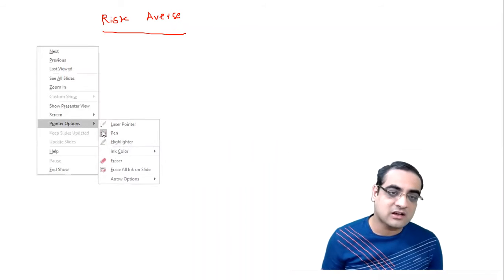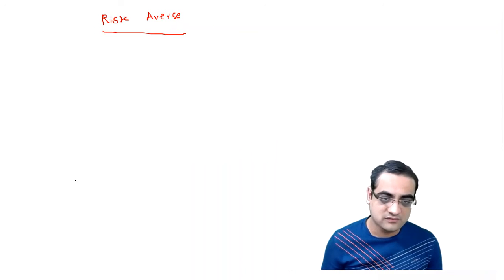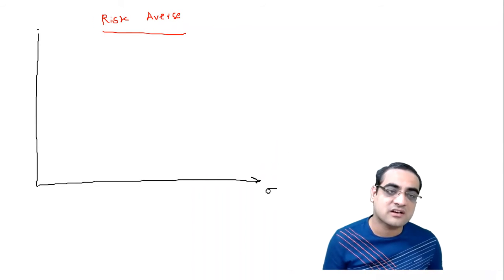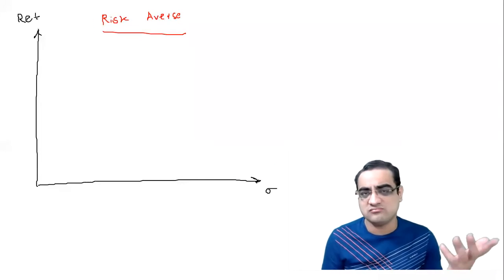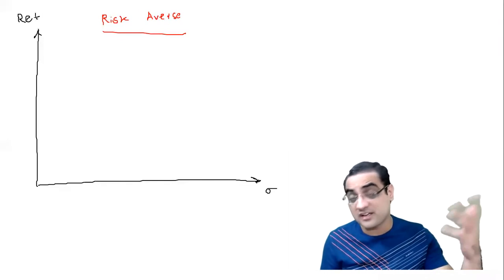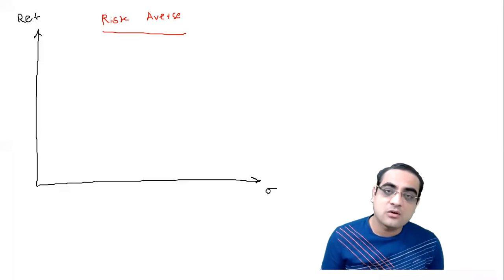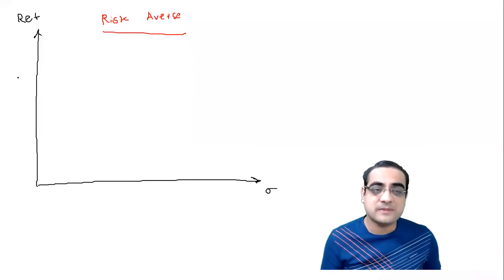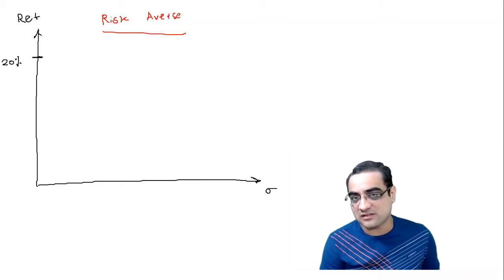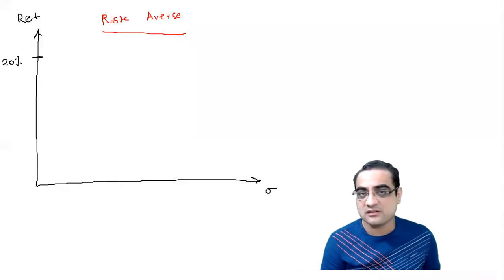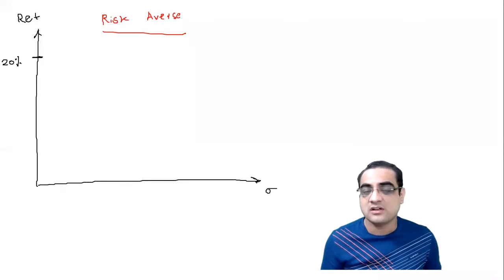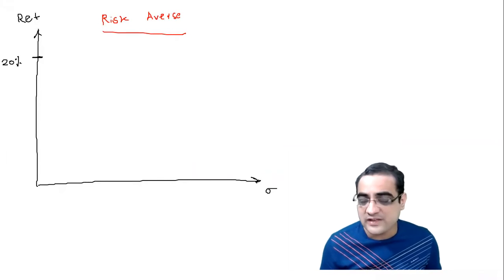So what we are doing is plotting a graph where over here we put sigma, which is nothing but a measure of risk, and over here return, which is nothing but the expected return from the stock. That is how much return is expected from the stock in the coming year. Okay, and then we will specify a return. Let's say we specify a 20% return. Then to achieve the 20% return, the computer will give you various options, various portfolios, which can fetch you 20% return.